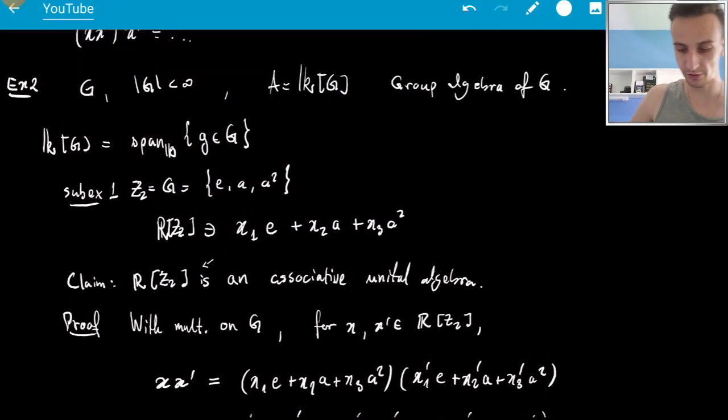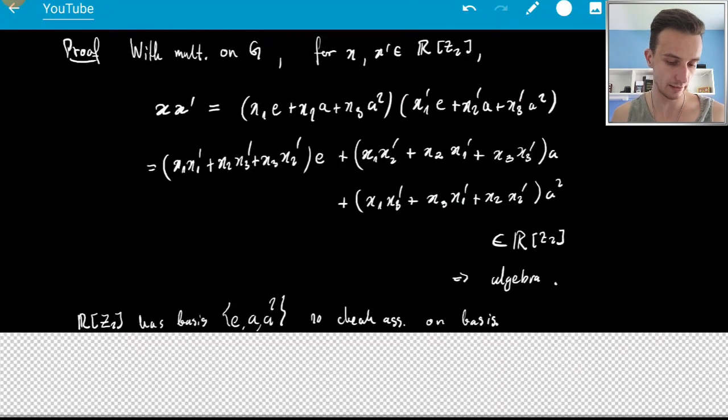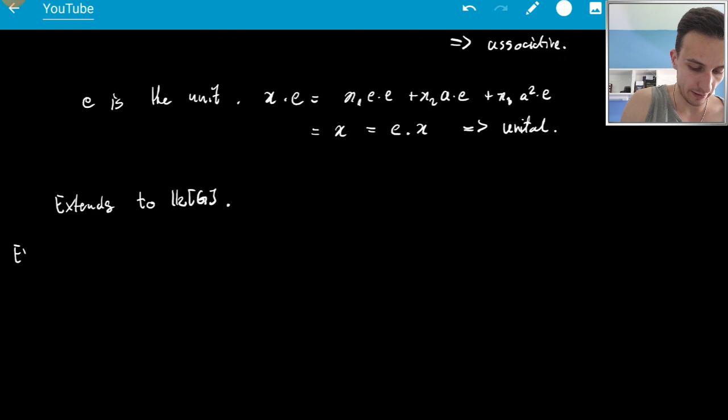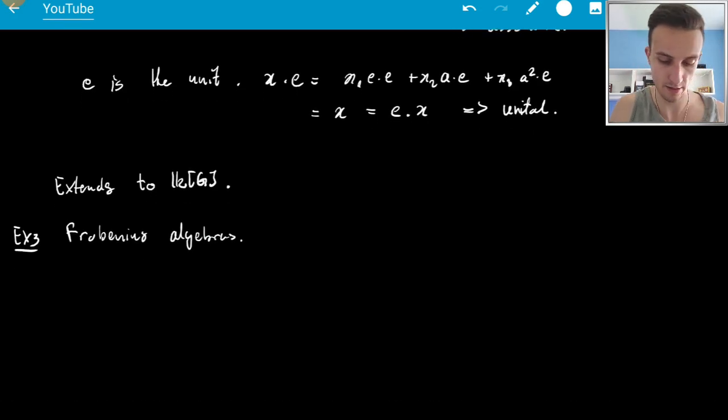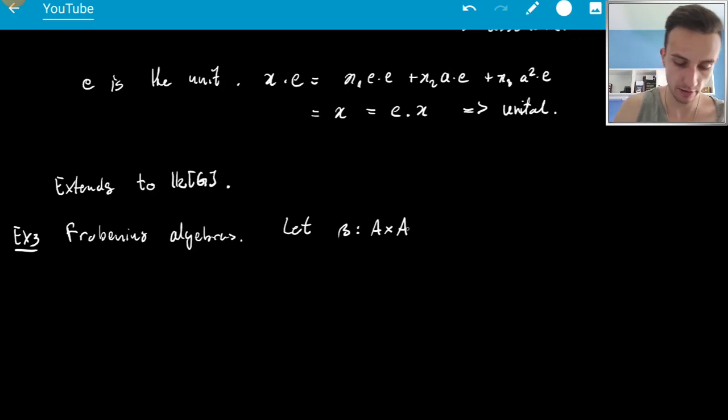And I want to introduce Frobenius algebras as a last example. So example 3, Frobenius algebra. Frobenius algebras have an extra structure on them. So which structure shall we use? Let beta, which takes A times A, the algebra, to K, the field, be a